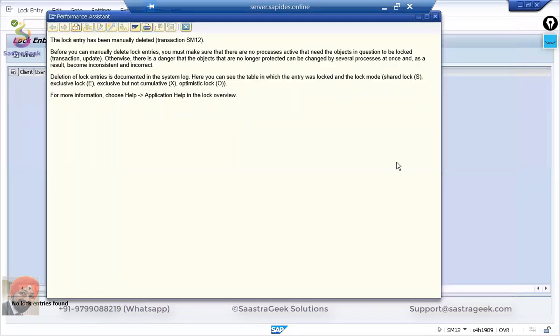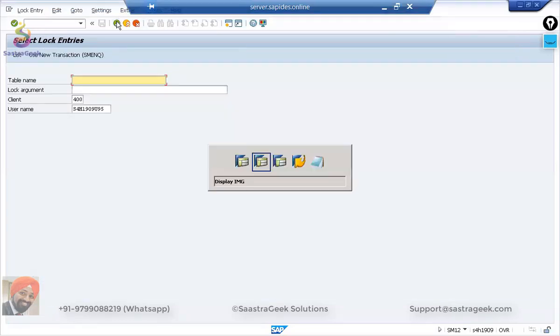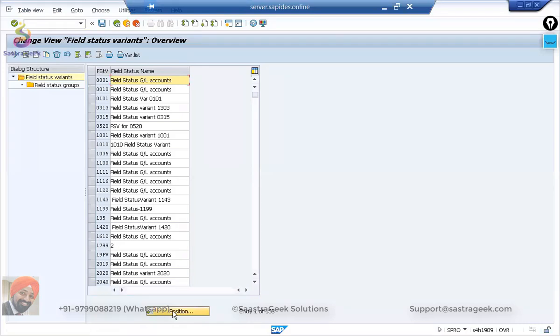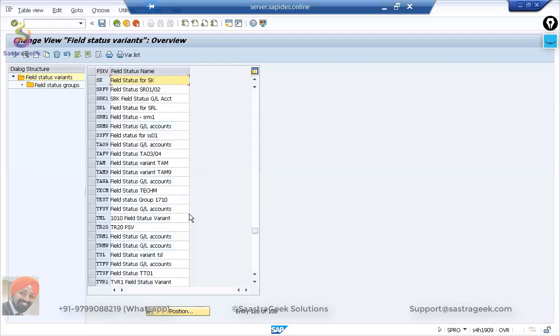So once the lock entry has been deleted, I would be able to proceed ahead. Now I will go to the field status variant. Now it is working. So I will go to our SG02, or you can also copy from the standard 001,